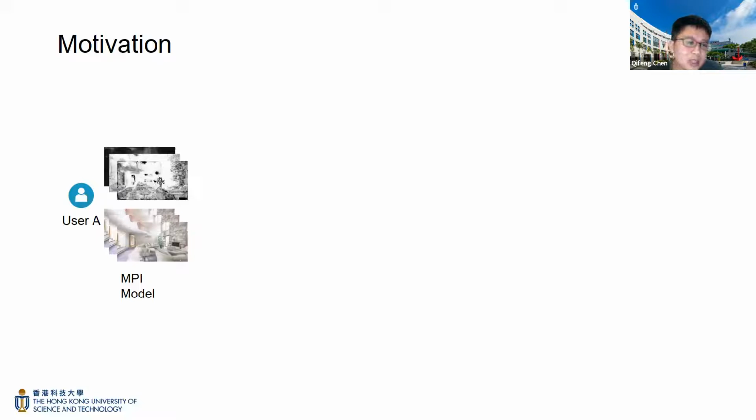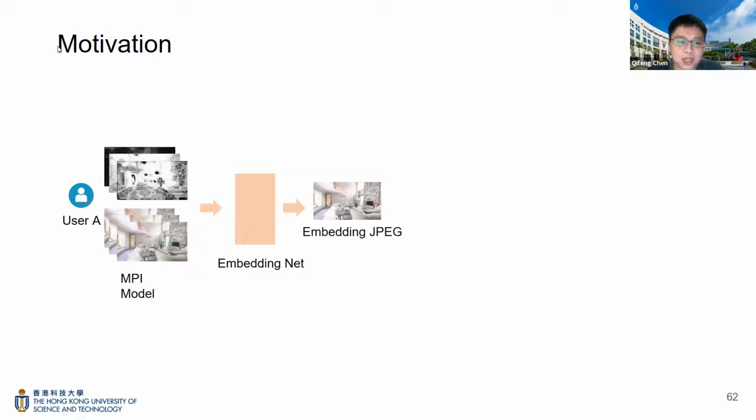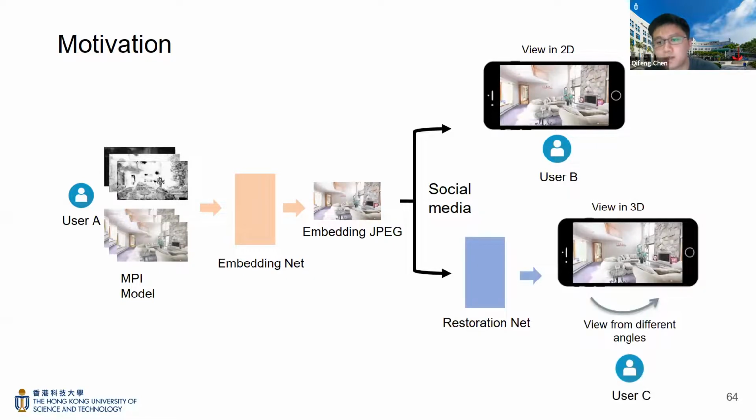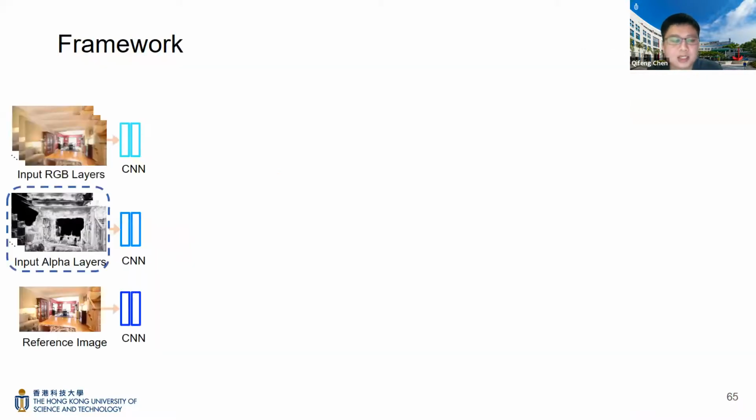We believe such a task would have some benefit. First of all, we have an embedding model to embed the MPI into a JPEG image. Most users who cannot see it would just see a 2D image. But if we have the plugin,